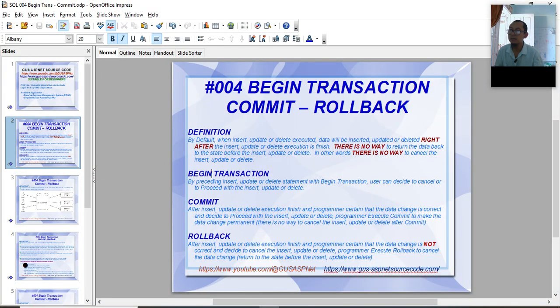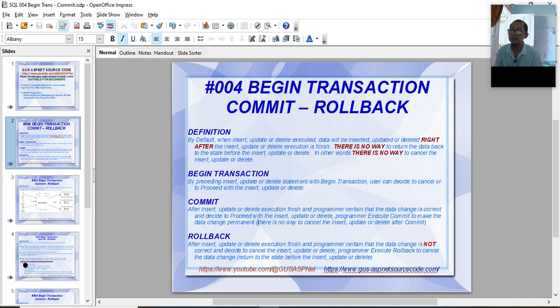By preceding the insert, update, or delete statement with begin transaction, the user can decide to cancel or to proceed with the statement. Commit: if after execution finishes the programmer is certain that the data change is correct and decides to proceed, the programmer can execute commit to make the change permanent.